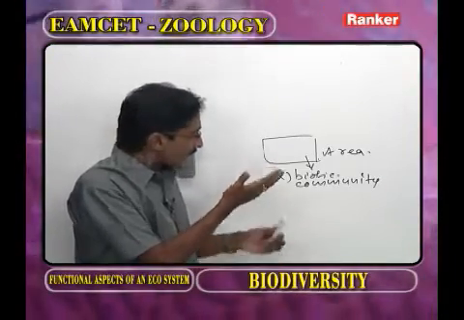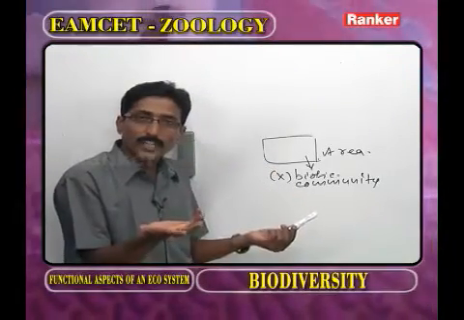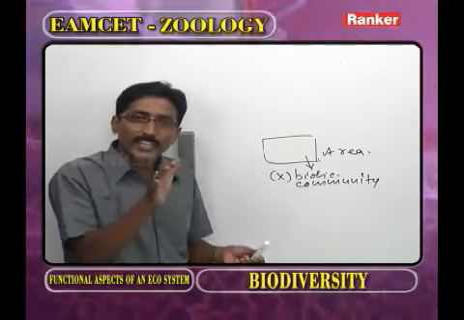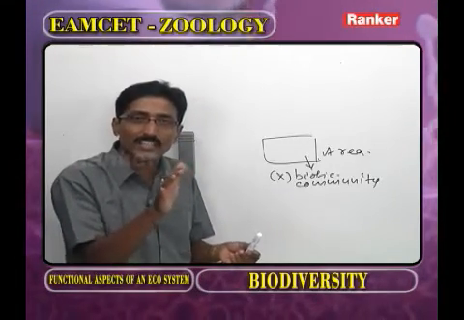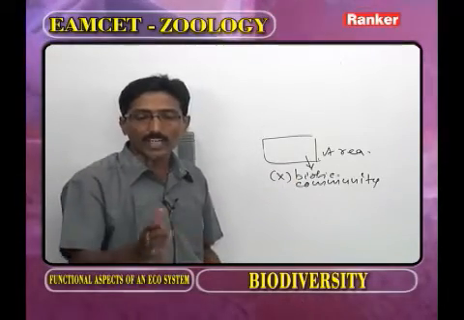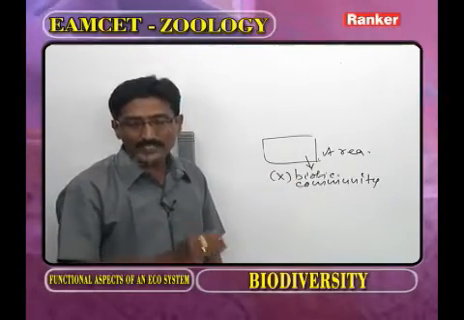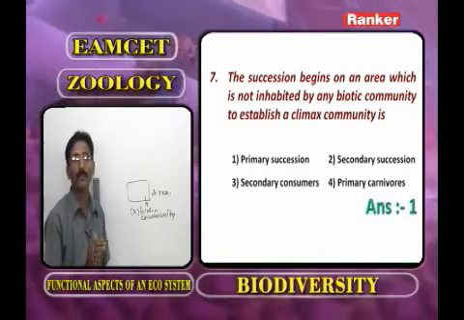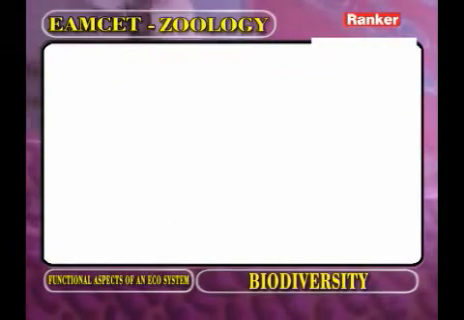Now here, in this area, there is no community. In order to establish a climax community, gradual orderly changes are going to occur. That we call primary succession. Now we have to observe, the answer for this question is primary succession. The next question is,